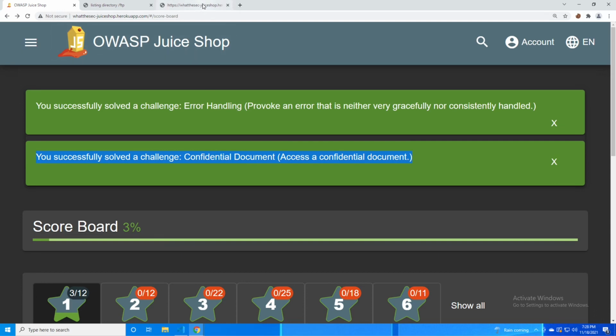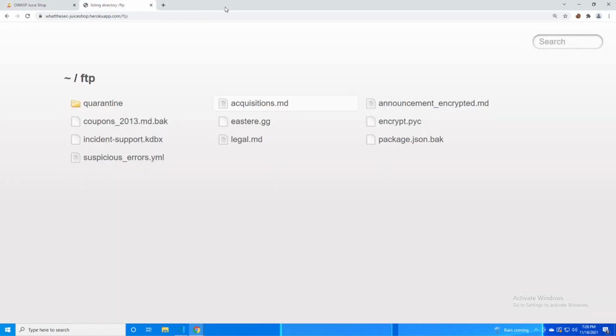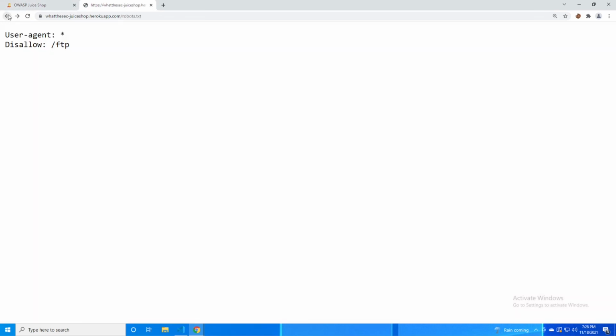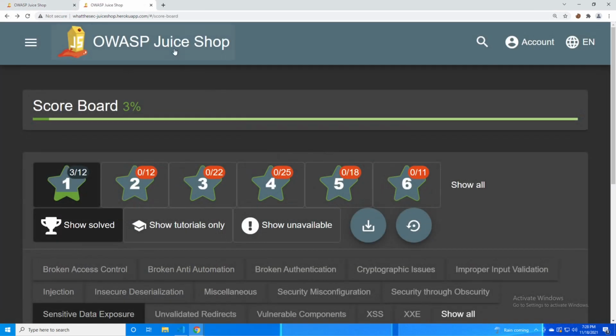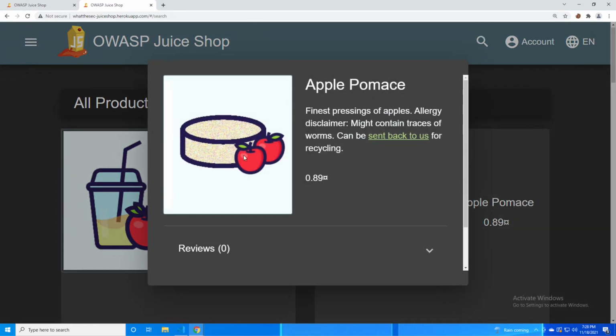We were able to use the robots.txt, which is kind of a giveaway in a lot of cases when you're looking at websites to know what you shouldn't be looking at. In this case, acquisitions was left open, and you don't need to be an authenticated user to log in. You can just kind of walk up to it, so to speak, and get it. But there are other ways that this can be accomplished. So for example, if we go and poke around the shop a little bit, how else would you discover this vulnerability? One example would be to look at files that you do have access to and try and traverse that